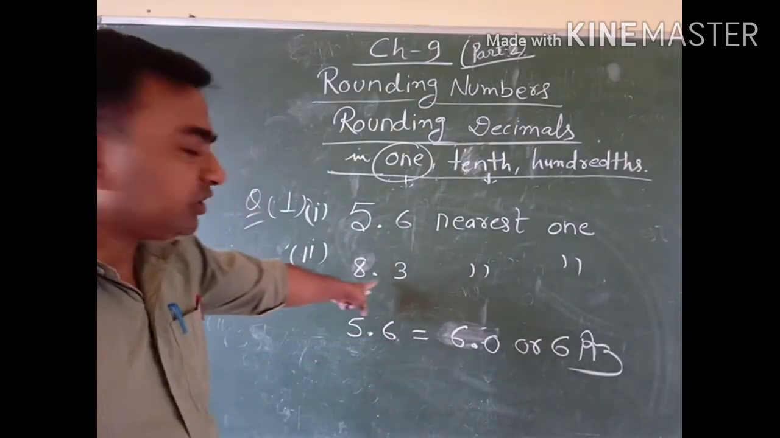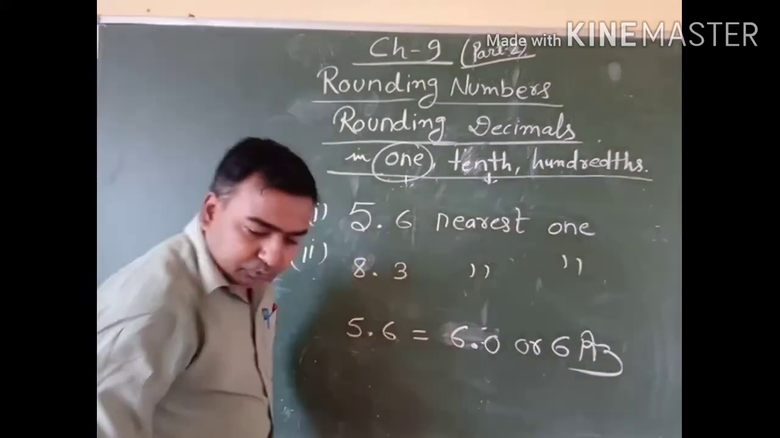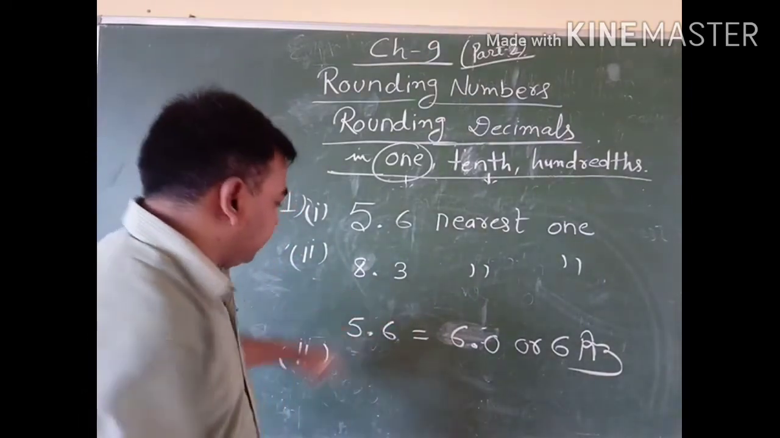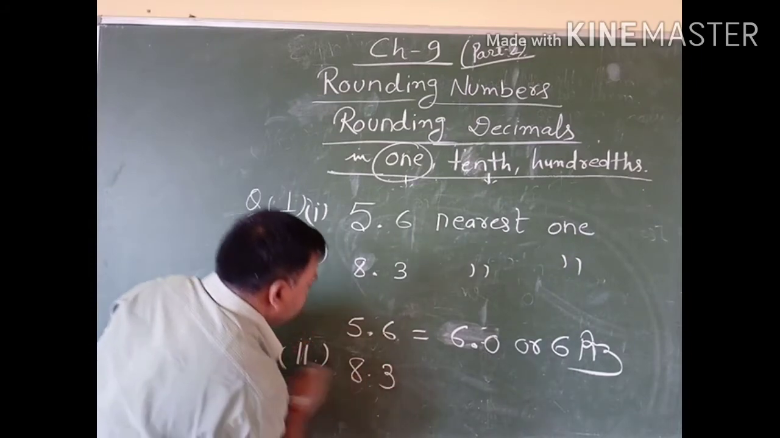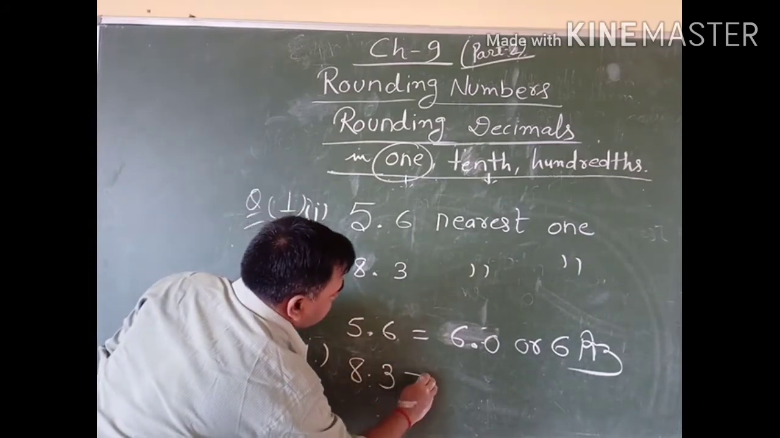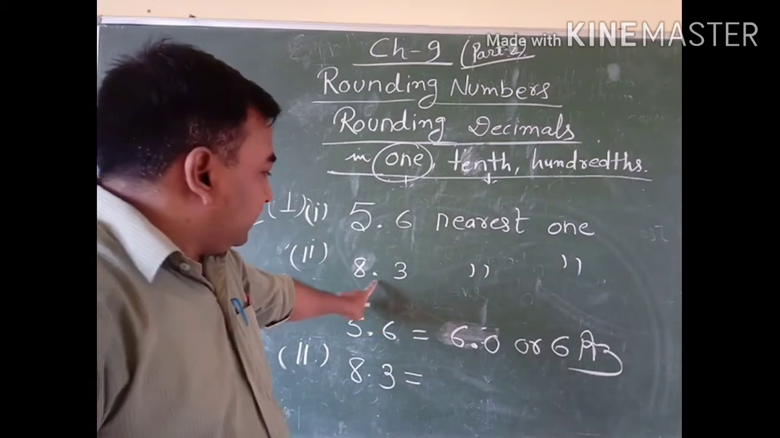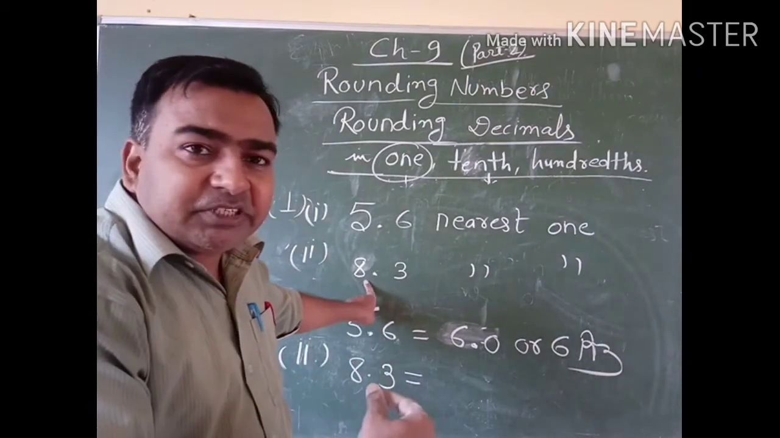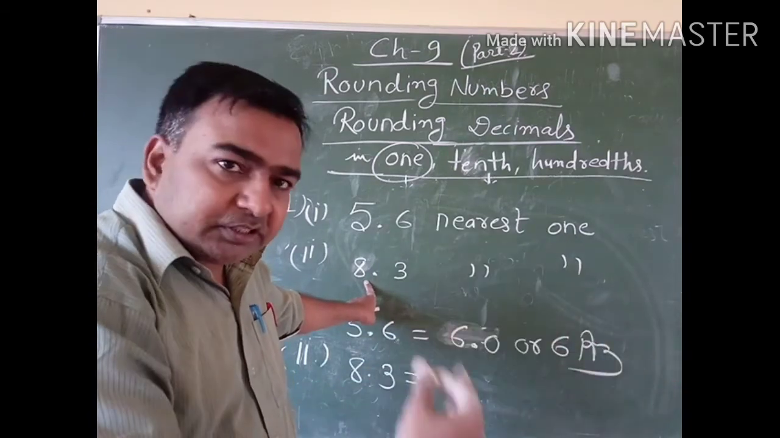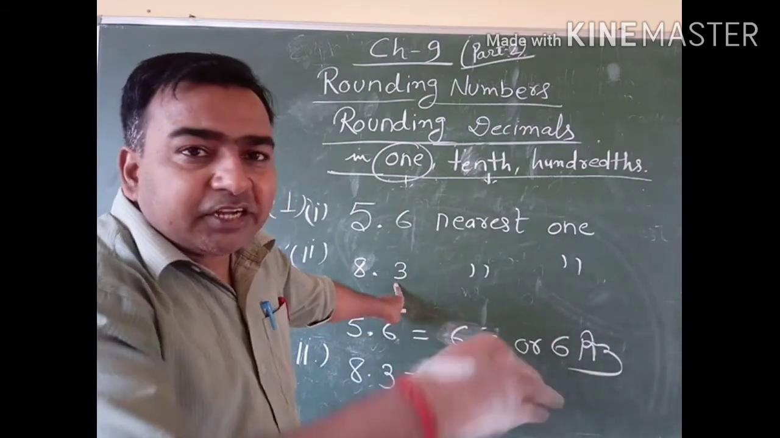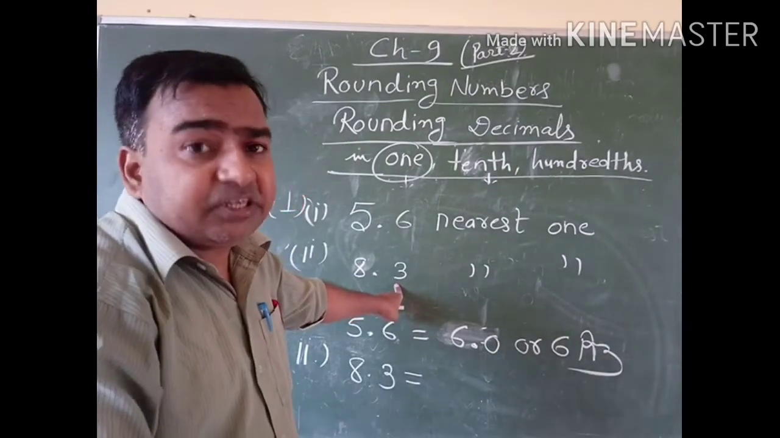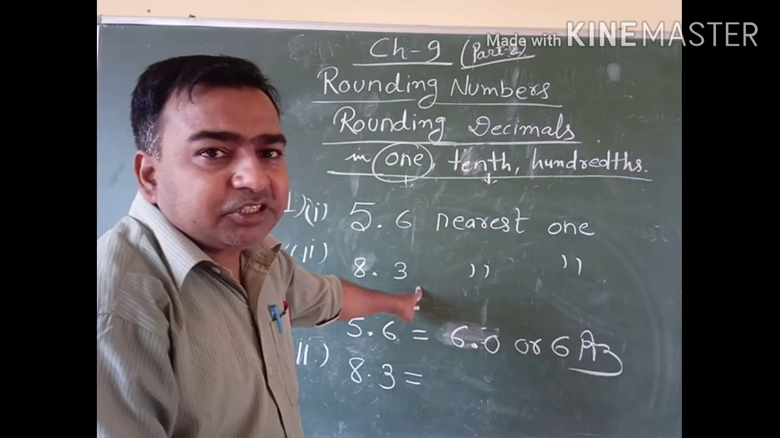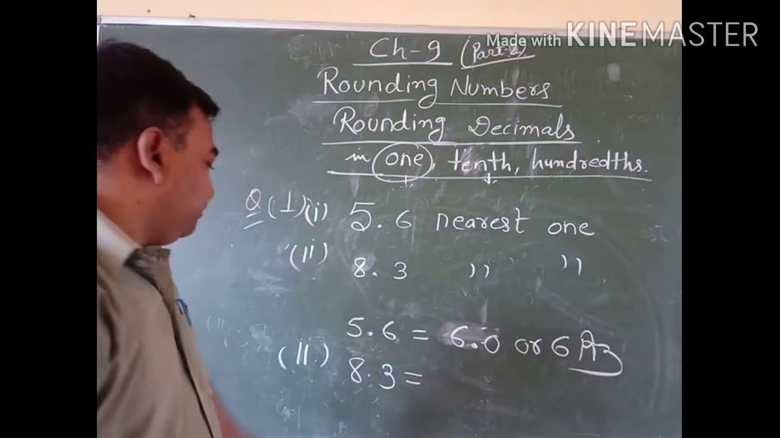Now next, question number 2 is 8.3. You can see the decimal number. I already told you that to change to the nearest ones we look at the 10th place number first. To change to the nearest 10th we look at the 100th place number. To change the 100th place we look at the 1000th place decimal number. So